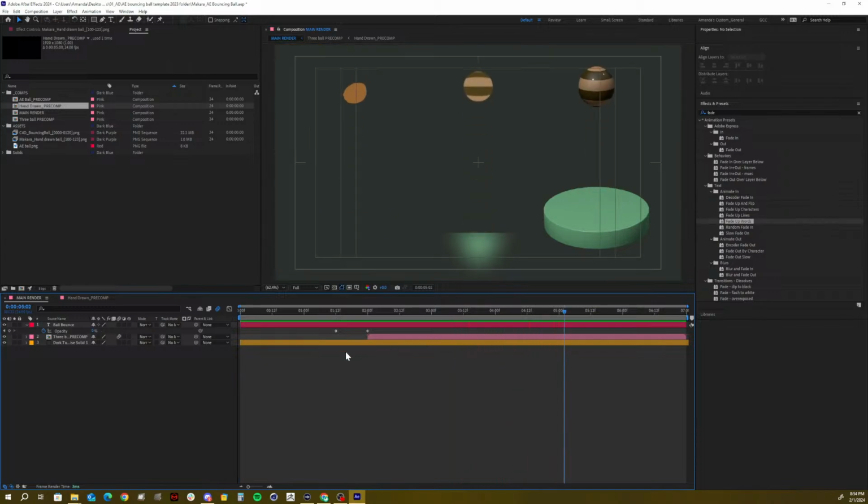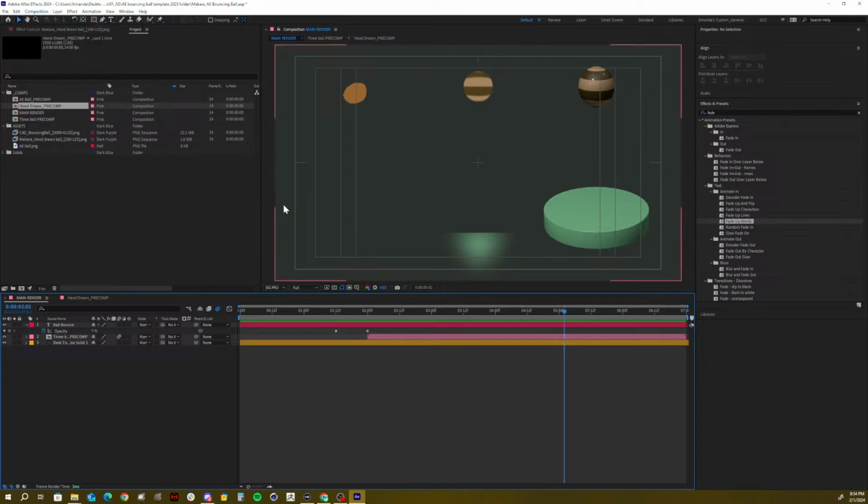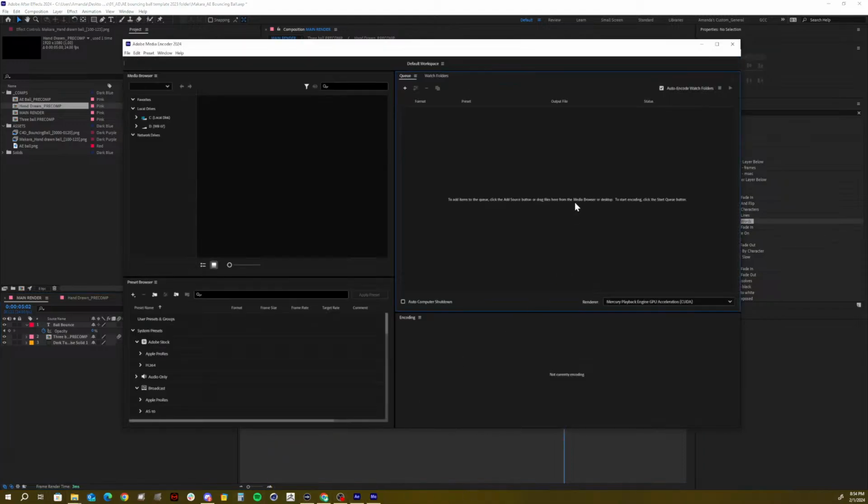And again, I'll just quickly go over this. To render, make sure you're in the appropriate composition that you want to export. You go to composition, add to media encoder queue. It will open up your media encoder, which I don't know why I closed, but I did. Right here. Just give it a second and then it'll generate the composition that you asked it to export for